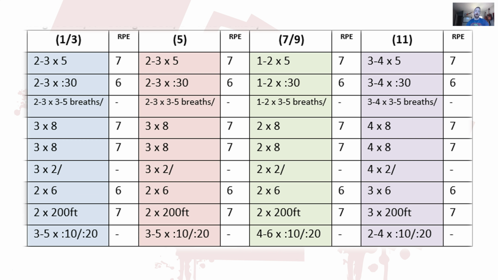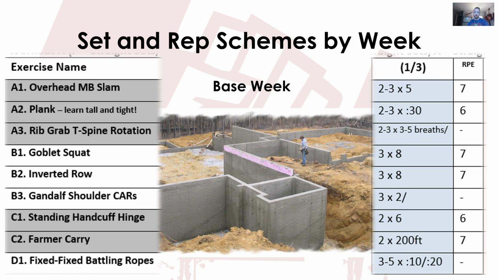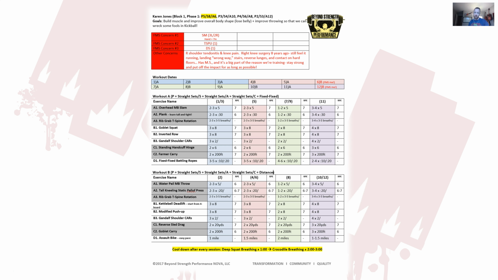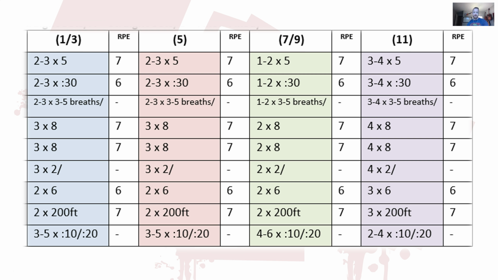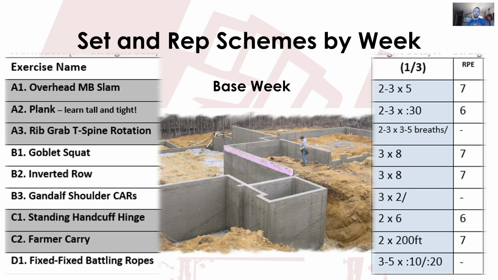So each of our weeks is going to have, wait for it, an RPE of 10. As we're looking at this program, I'm going to go back out so you can see a little bit. We've got the exercise names off to the far left. We're going to start off looking at workout A, and then we've got the different weeks: blue, pink, green, and purple. As I split this out, we're going to look at the blue column, week 1, next to the exercises. All right, so week 1, if someone trains 3 days a week, this genuinely is going to be a week.